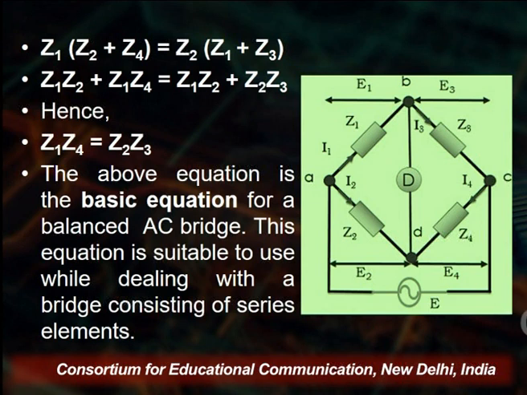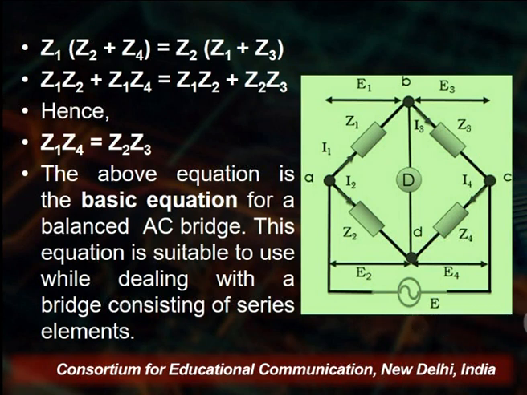Now we multiply it, so we can get Z1 Z2 plus Z1 Z4 is equal to Z1 Z2 plus Z2 Z3, and hence after getting the result, the two terms will be cancelled, and the final result will be Z1 Z4 is equal to Z2 Z3. What does this represent? This is the basic equation for the balancing of the AC bridge, and this equation is suitable